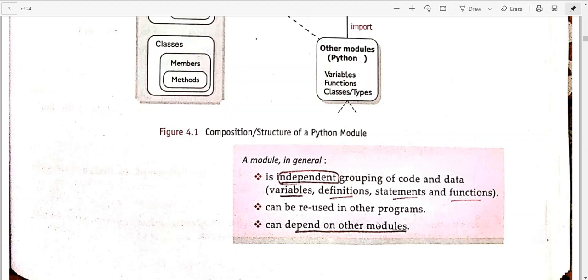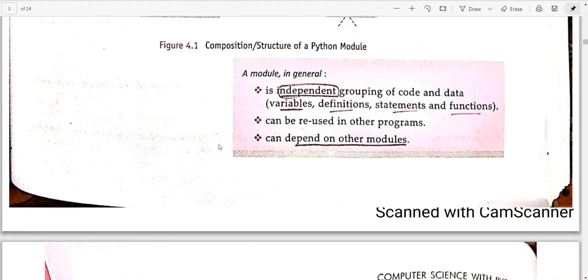It can depend on other modules also. Firstly you will give your personal details, then you will be allowed to be a part of the school. So your entry inside the school is totally dependent upon your personal details module being ready. So it can have dependency on other modules also. One module can be dependent on another, it can be like that.